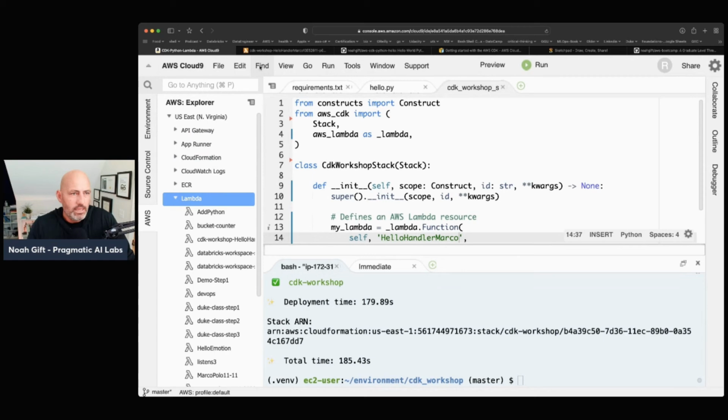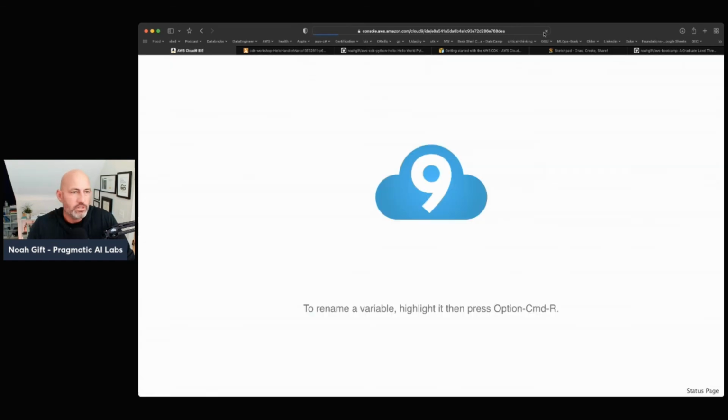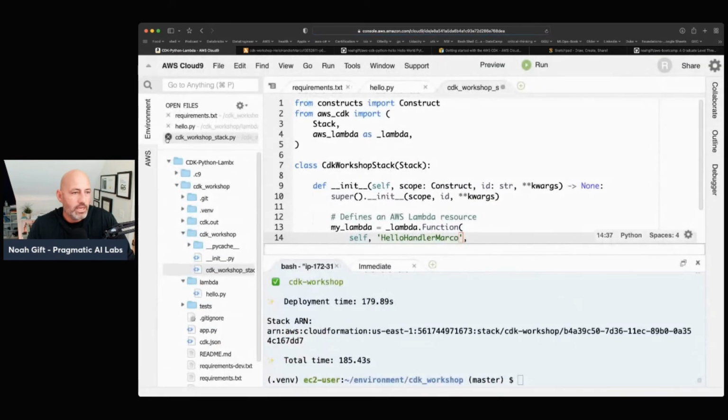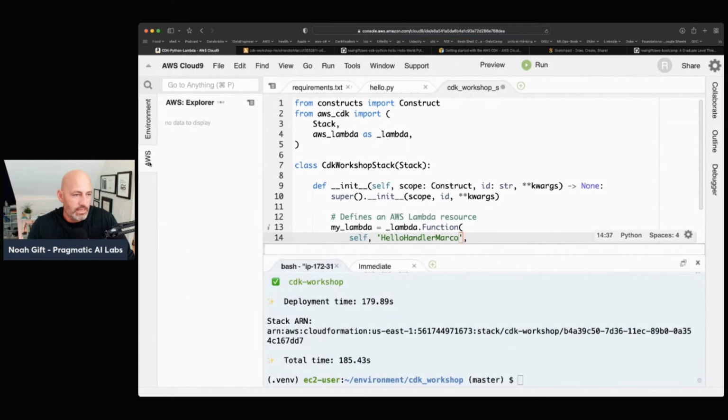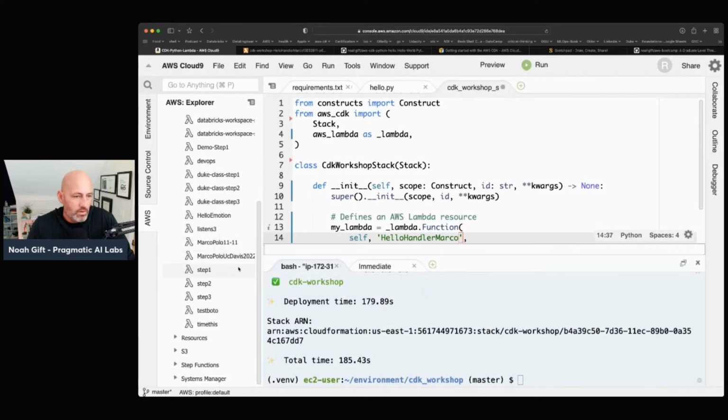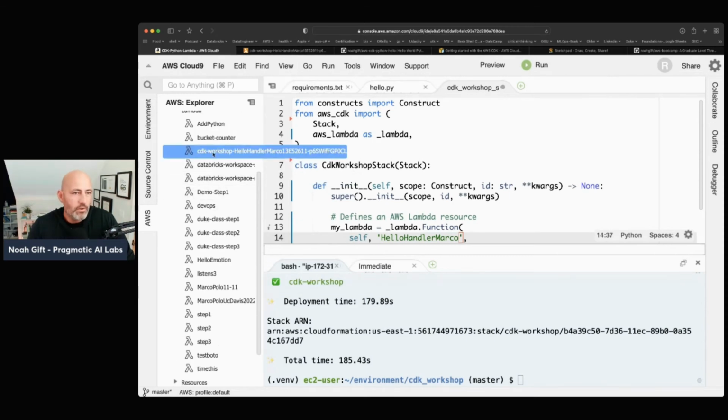I need to refresh this real quick, just so it's got the latest information. And if I go to Lambda inside of AWS Cloud9, we should see that there is a Marco Polo, which should be called CDK Workshop, Hello Handler Marco Polo.